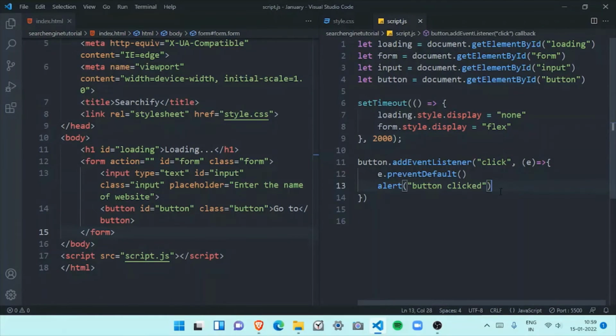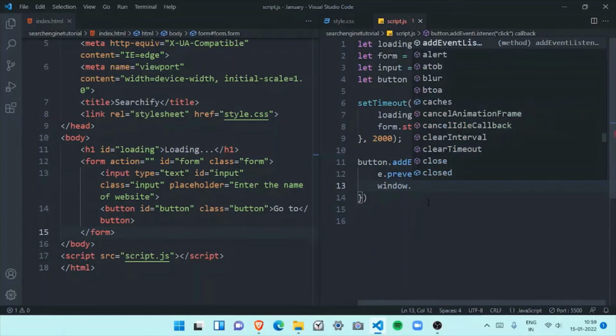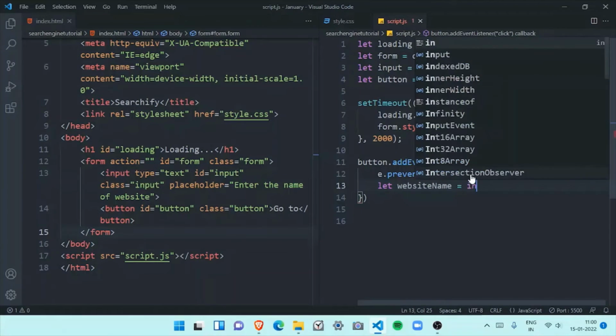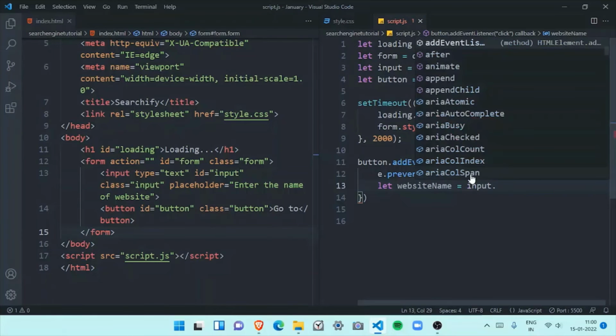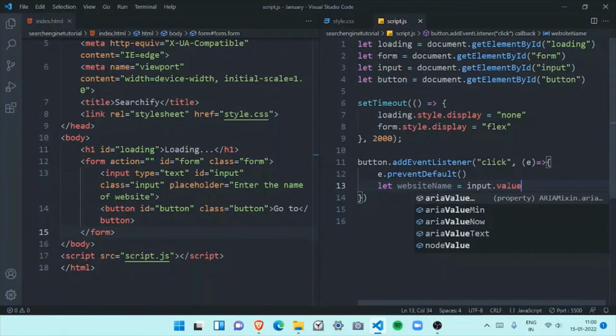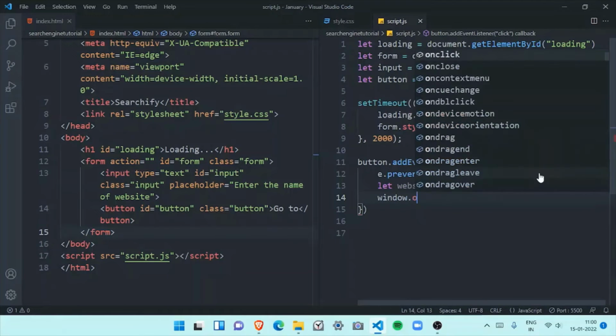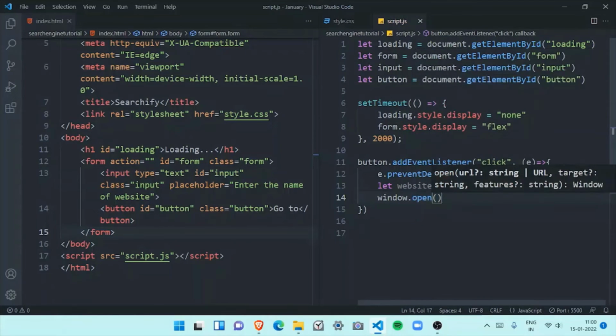Okay, so when the button is clicked, I want to first take the value the input has. We want to get that value first, so let's say website name equals input dot value. Okay, so we have got the input value, so we want to say that when the button is clicked you should open the window with the address of